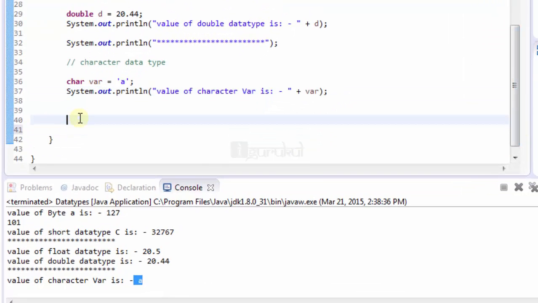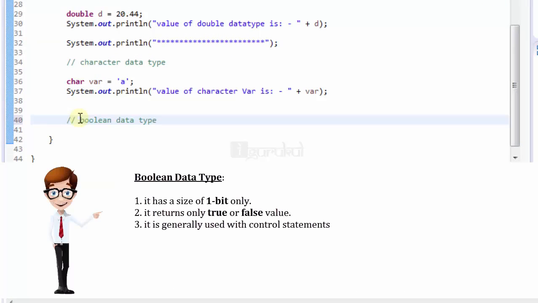Our next one is Boolean data type. So what is a Boolean data type? Boolean data type can contain only two outcomes. That means it can either be true or can be false. It does not contain any other value than that. So when you are using a Boolean type of data type, you have to be sure that you are using it for the true or false option only. Generally, Boolean type of data type is used for conditional and control statements, that is if-else statement or while loop.